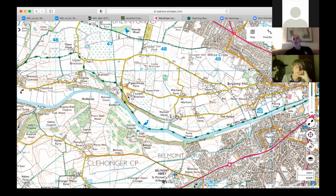you actually have to go almost to the road to find the interpretation board, but it does give you some interesting background on Warham House and the landscapes. And there is an interesting paper, which I think is online, by David Whitehead, about the estates that intersect in this area of the Wye, and which would have been devastated as landscapes by a bypass coming through across the Wye Gorge, which is itself an extremely interesting feature, detailed on the Ice Age ponds pages of the Trust website,